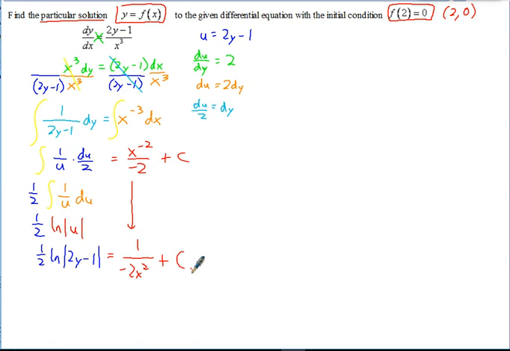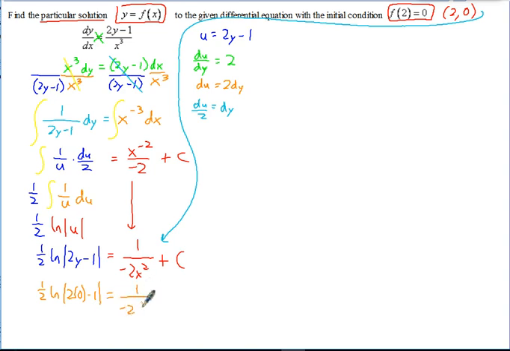But now remember, when we use our initial condition, in this case (2, 0), we substitute that in for x and y. That allows us to solve for c. So when you do that, we'll have 1/2 natural log absolute value of 2 times y is 0 minus 1 equals 1 over negative 2 times x, which is 2 squared plus c. So let's just move this up here as we simplify it. So now let's see, we've got 1/2